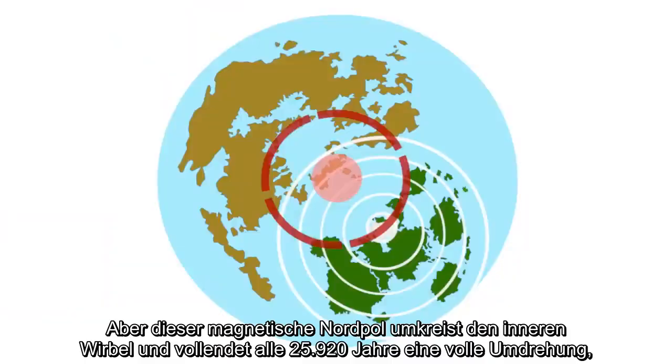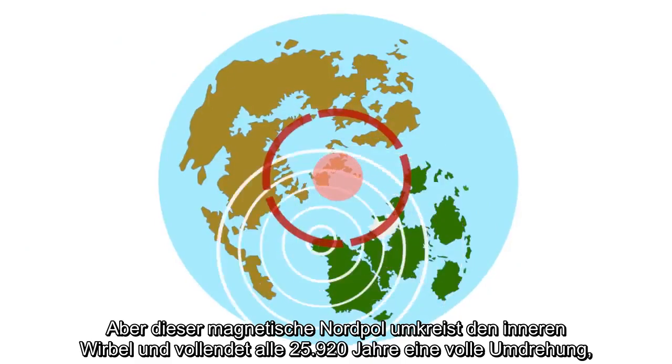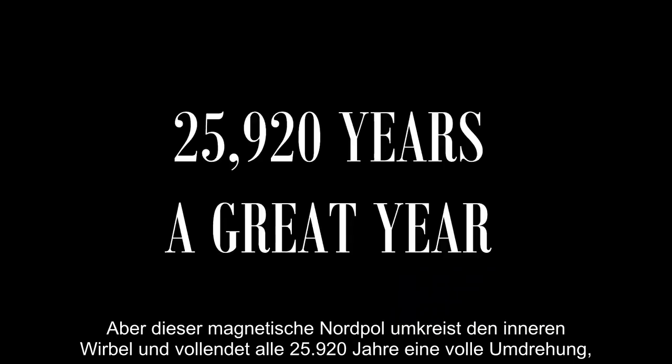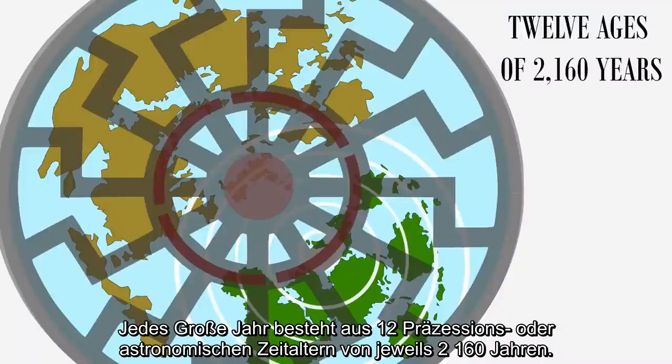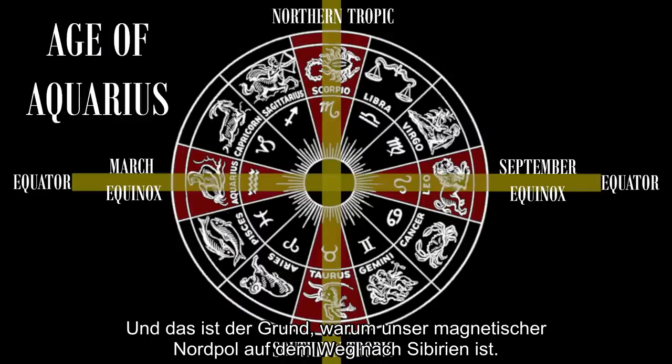landmass. But this magnetic North Pole circles the inner vortex and completes a full revolution every 25,920 years, or what is referred to as a great year. Each great year consists of 12 precessional or astronomical ages of 2,160 years each. We are on the cusp of entering the age of Aquarius, and this is why our magnetic North Pole is